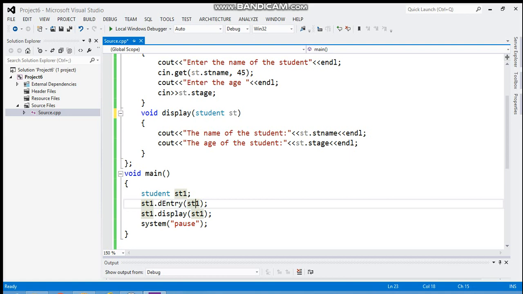Now just recall that value parameters are passed to a function